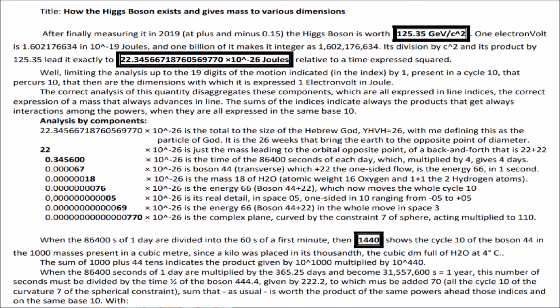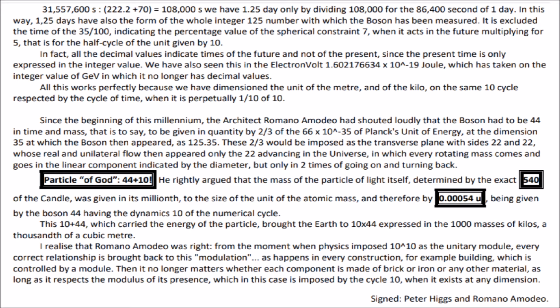With 31,557,600 s divided by 222.2 plus 70 is equal to 108,000 s. And we have 1.25 day only by dividing 108,000 s for the 86,400 seconds of one day. In this way, 1.25 days have also the form of the whole integer 125 number with which the boson has been measured. It is excluded the time of the